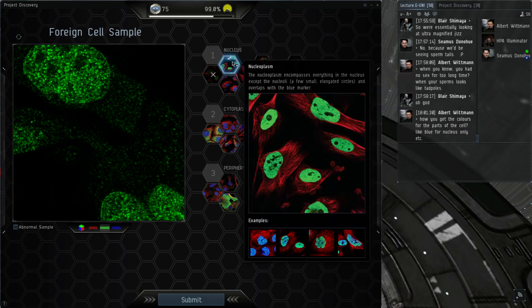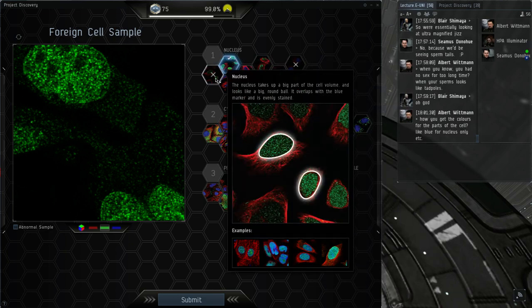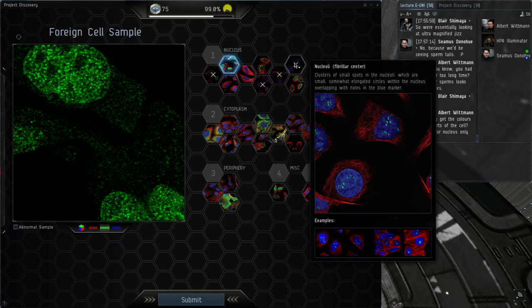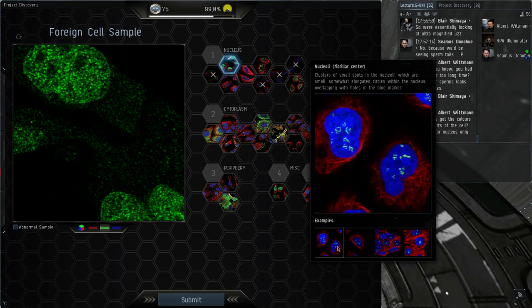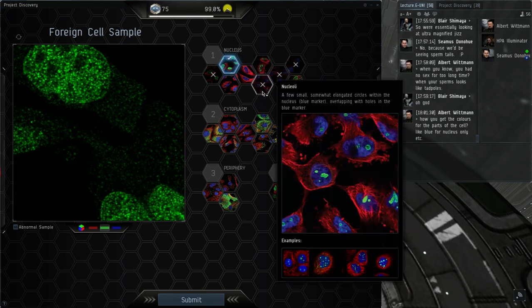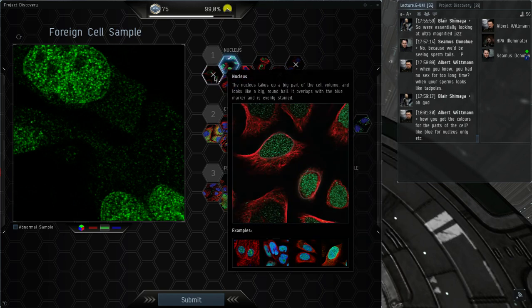I should also say that once you click nucleoplasm, you cannot click nucleus because they're mutually exclusive. Also, if you click nucleoplasm, you cannot choose fibrillar center, which are these spots in the nucleoli. And you cannot choose nucleoli rim, which was this edge of the nucleoli. And you can also not choose nucleoli, because we think that they are mutually exclusive. So if you see like, oh, wait a minute, but it is nucleoplasm and nucleoli, well, then you should go for nucleus and nucleoli instead.